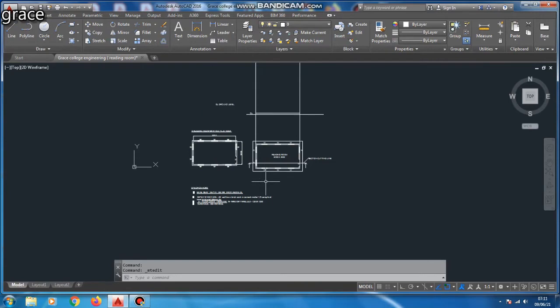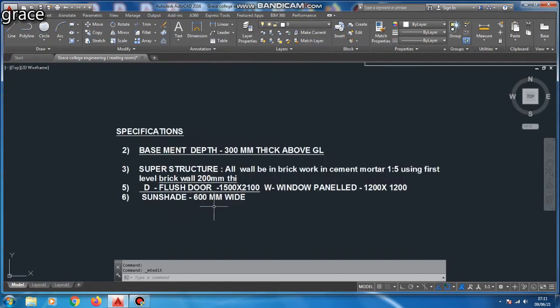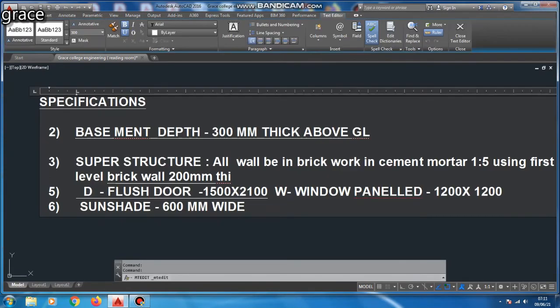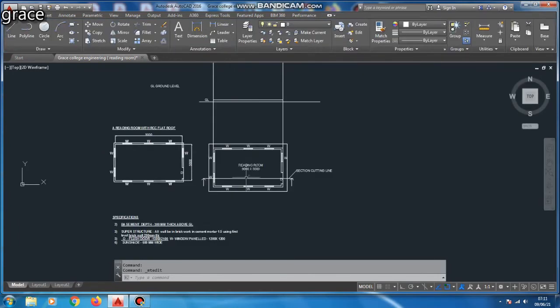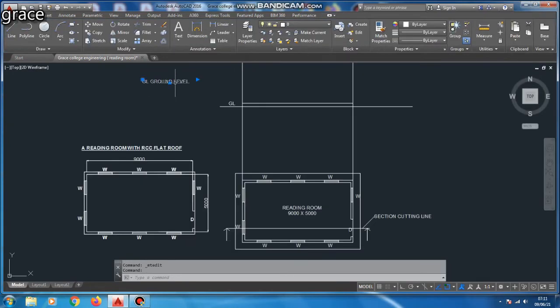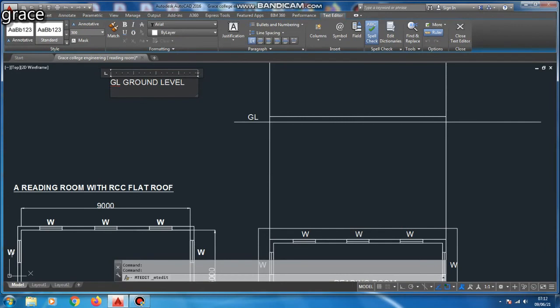The lintel beam height in our given diagram is 2100 mm and the thickness of the lintel beam is 150 mm. Before going to project a line, we have to know the dimensions of our given diagram.